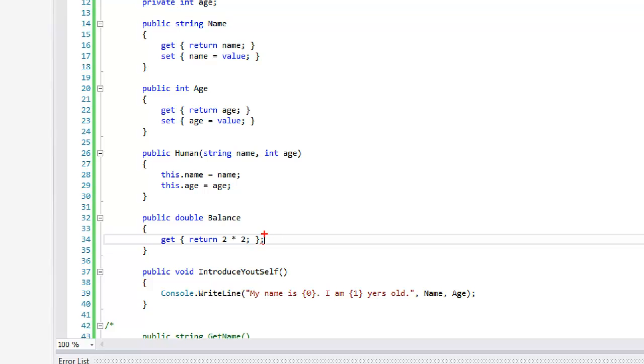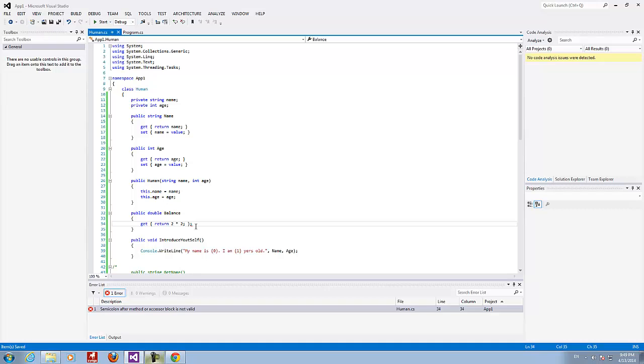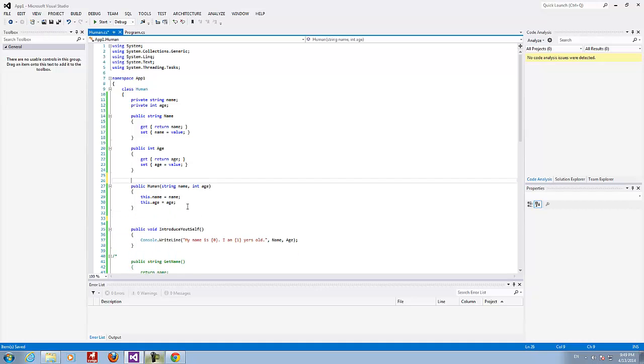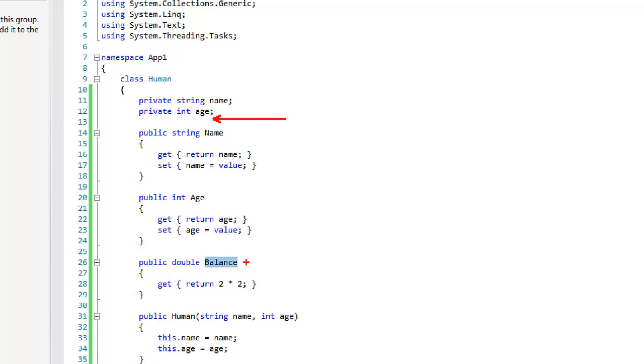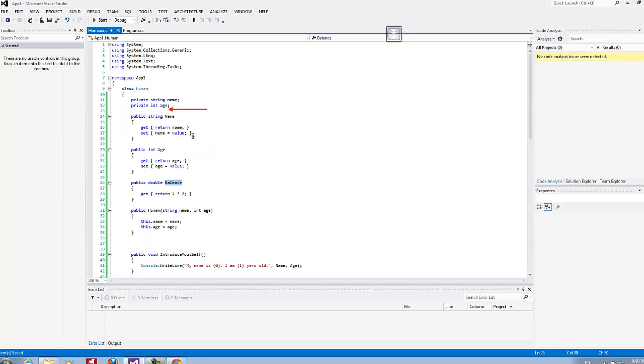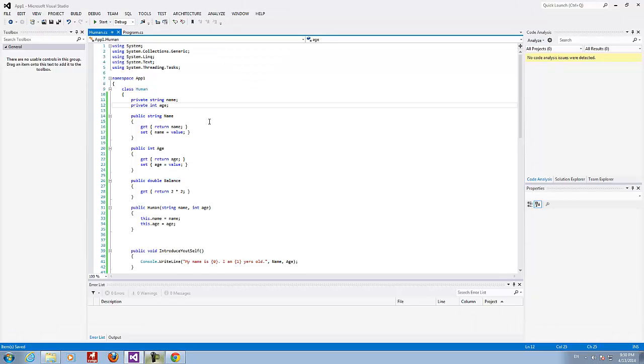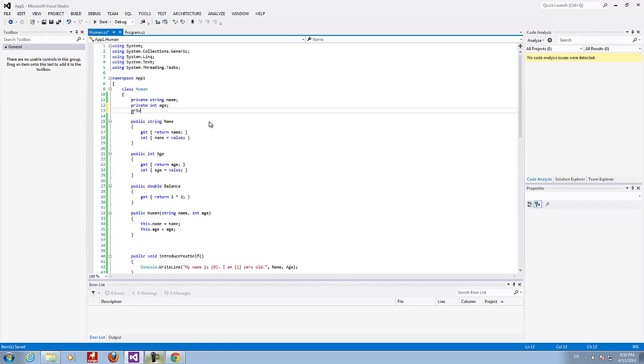I just wanted to show you that actually you can have getters and setters in the properties like we do here for the rest of the properties, but we could have properties which have only getters or properties which have only setters, and this property doesn't correlate to any field in the class.